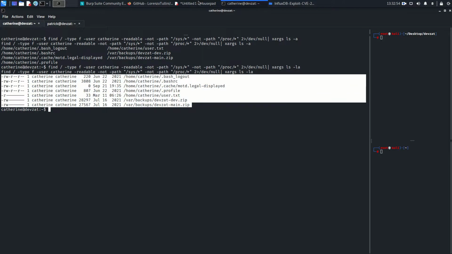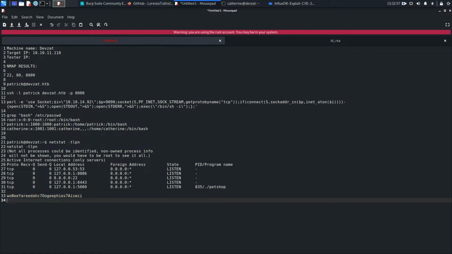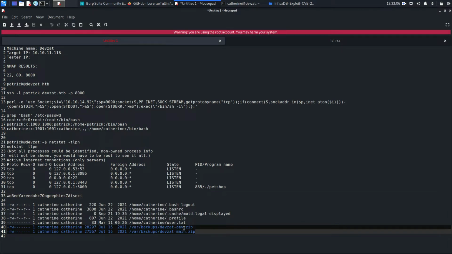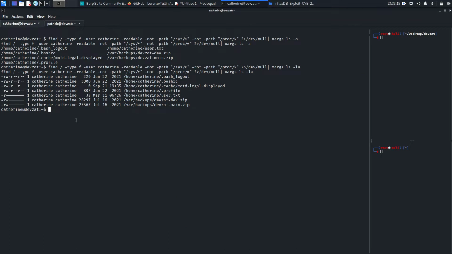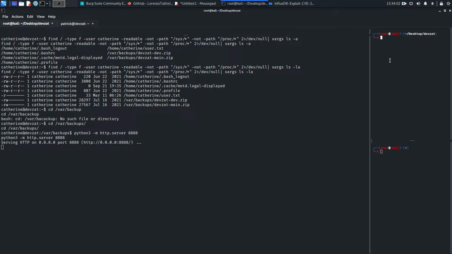So copy and paste it here, where backup devzat-dev and devzat-main. Let's try to take these files to our machine. So in backups, run python3 -m http.server, and let's say port number 8888. Hit enter. Come back here inside devzat,